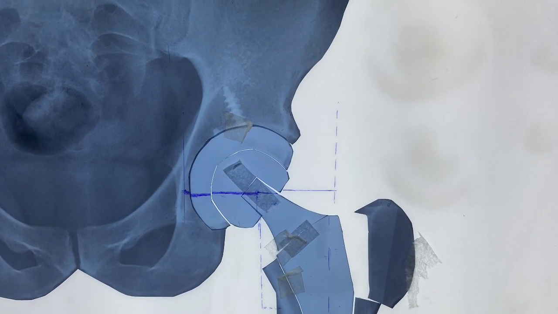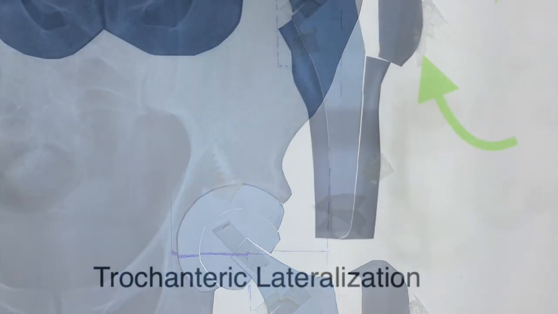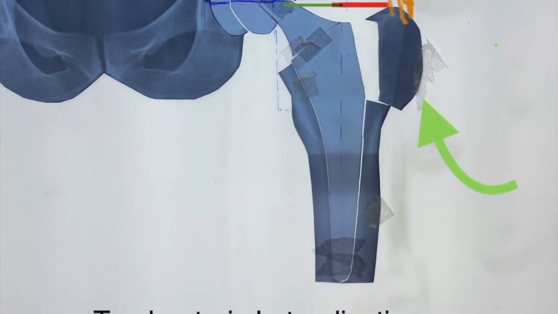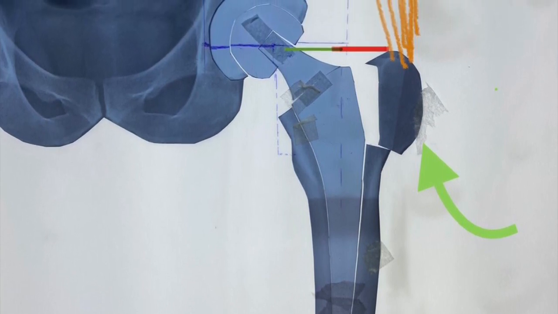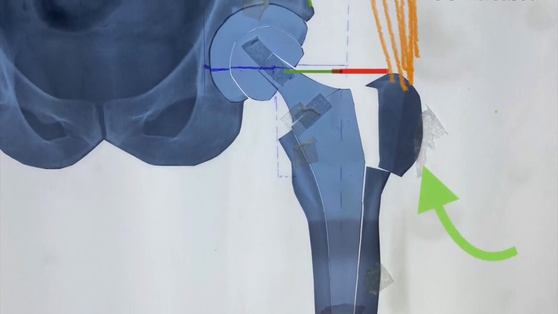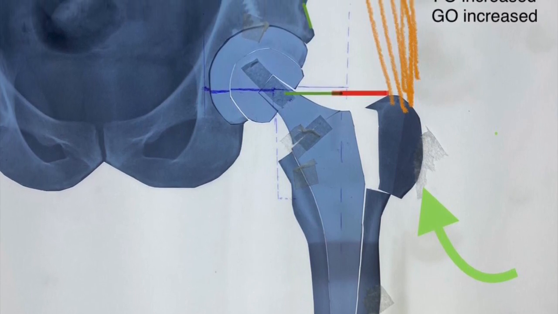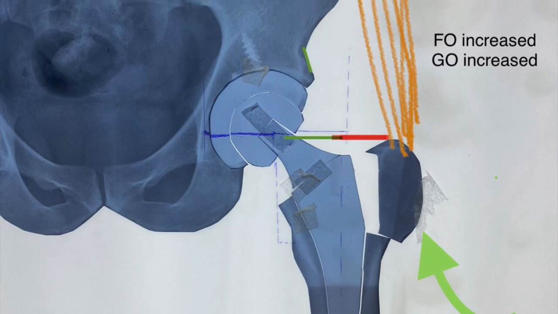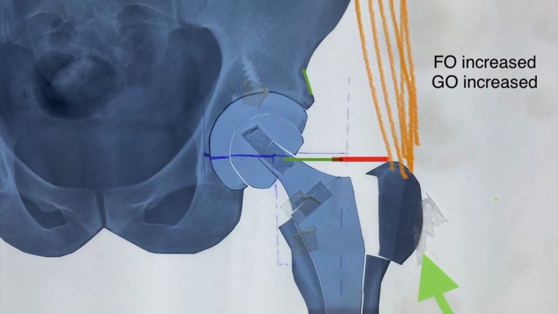What you're seeing is trochanteric advancement that was used by Sir John Charnley to increase the femoral offset in his cases and to reduce the joint reaction forces. So when you lateralize the greater trochanter, the attachment of the abductor muscles is lateralized, the line of action is lateralized, that increases the femoral offset without increasing the vertical offset or the center of rotation. So this is good for abductor muscles.